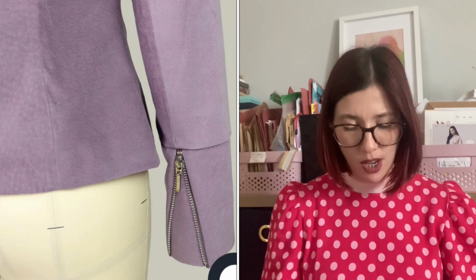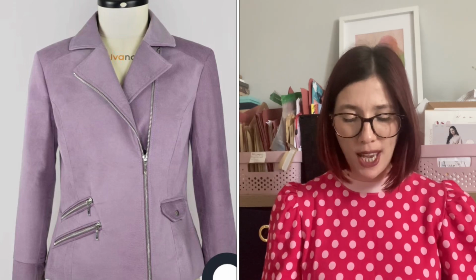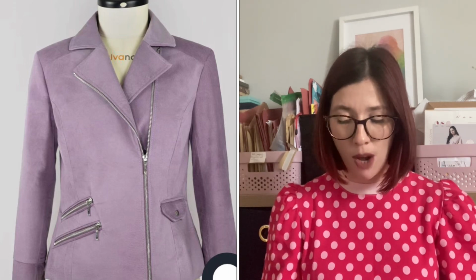There's 2 size ranges, so a UK 2 to 18, which is a B cup, or a UK 16 to 32, which is the D cup. The smallest hip measurement is 32 inches and the largest hip measurement is 62 inches. In terms of fabric recommendations, they recommend faux leather, boucle wool, tweed, and then for the lining they recommend a non-stretch fabric like a cupro or a viscose. There are 55 pattern pieces for this pattern, so it sounds like quite an intense make,